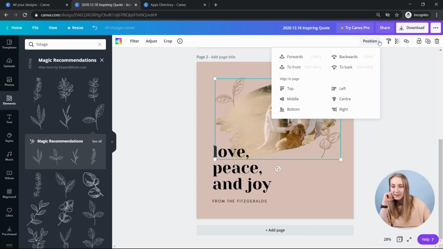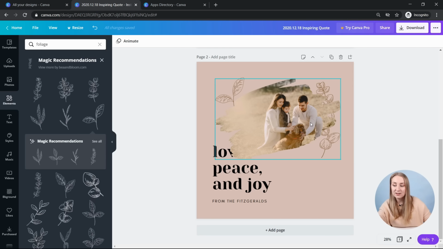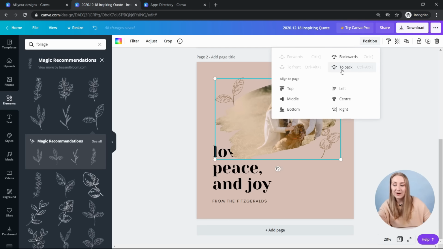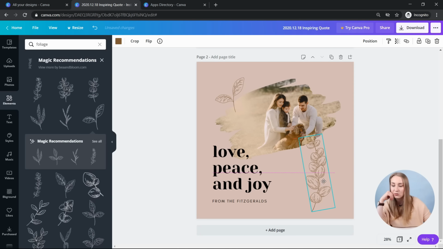If you've got multiple elements, it will show you more options. So you can send it forward, so that sends it one by one forwards, or backwards one by one. As you can see, it went behind the text. And if I click backwards again, it goes behind that right graphic. And then if I click backwards again, it sends it back off the left element. If I click to front, it will instantly move it to the front of this design. So it's a really cool feature. Very quickly, you can just do it like that. And then if I want to push it back, just click to back, and that's cool. So this is how you would use the position one.